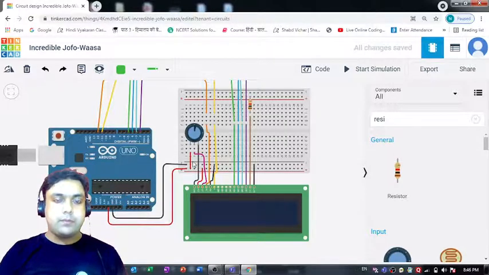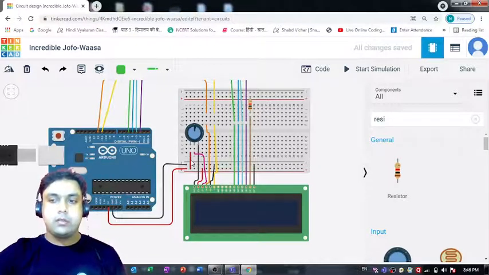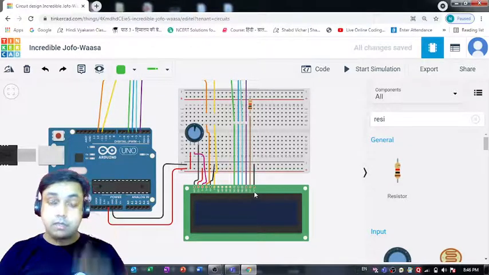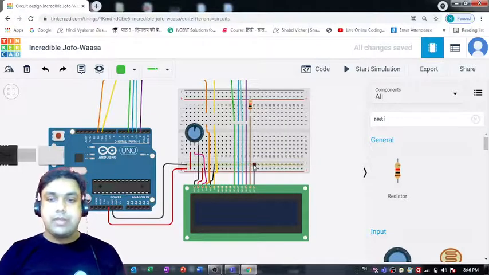Ground pins are perfectly fine. Okay, so this LCD cathode is connected to this negative terminal, it is perfectly fine. Then LED anode is connected to the positive terminal, that is also perfectly fine.